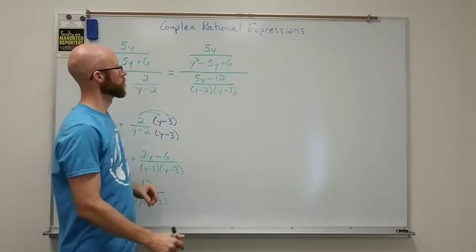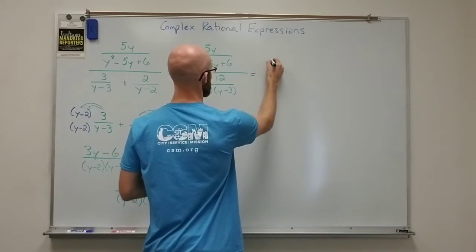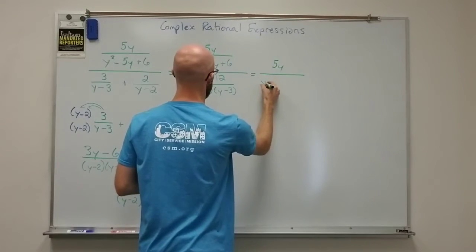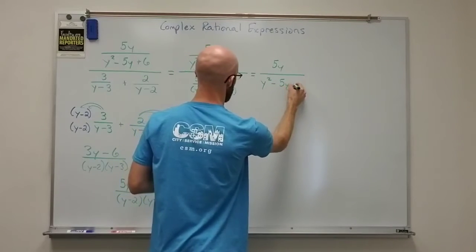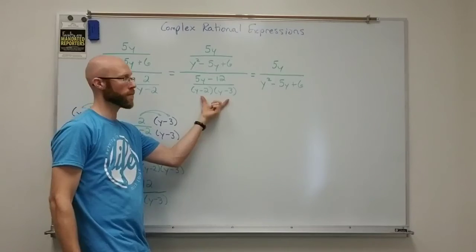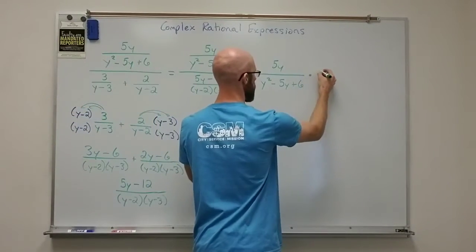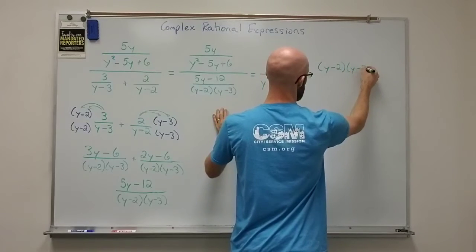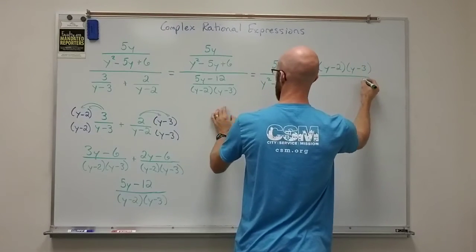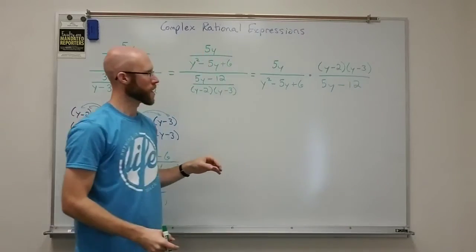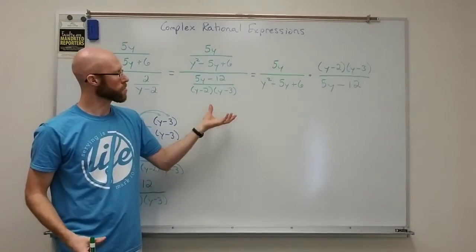Okay, so we're going to do copy first. That's 5y over y squared minus 5y plus 6. Then we're going to multiply by the reciprocal of the denominator. So I'm going to multiply by y minus 2 times y minus 3 all over 5y minus 12. Now at this point it doesn't look like I can do much simplifying,